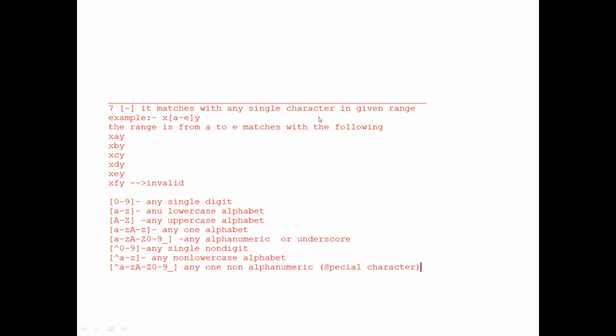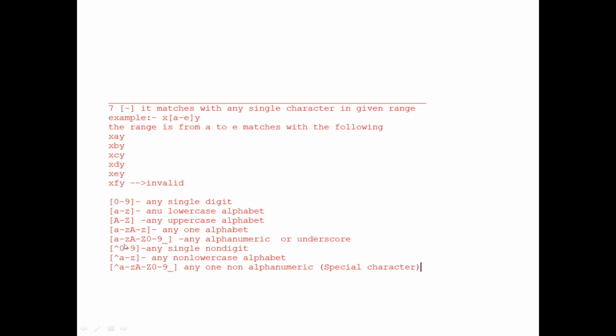So it matches any single character in the given range, as I just mentioned. And not only letters, you can take any one of these. So 0 to 9, any single digit; a to z, any lowercase alphabet; capital A to Z, any uppercase alphabet; and a to z, A to Z, any one alphabet.